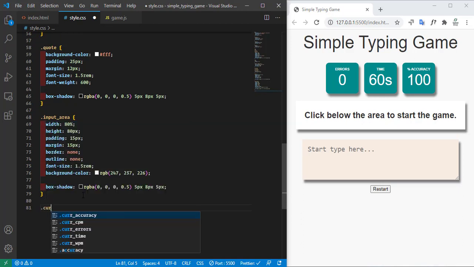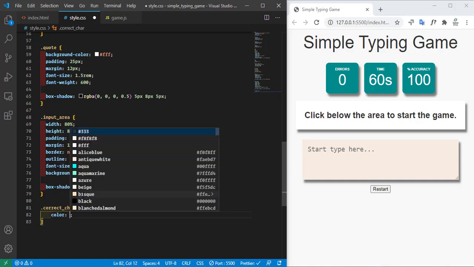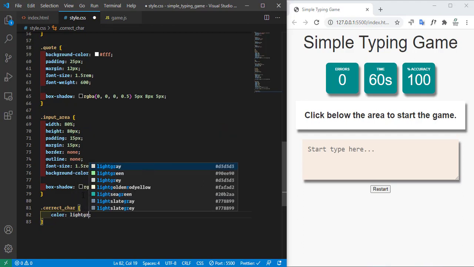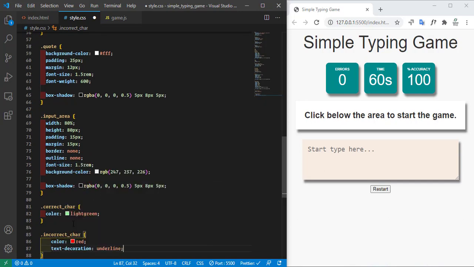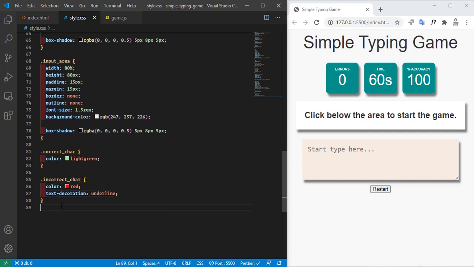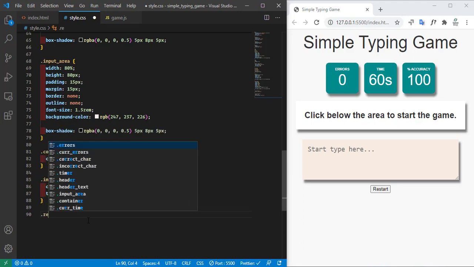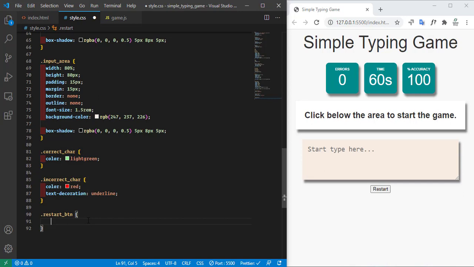Okay, now we need to have correct character, and the color would be light green, and then incorrect character color red, and then text decoration underline. And after that we need to style this restart button. So restart button,